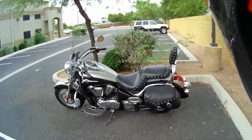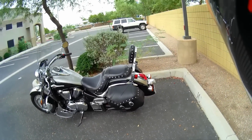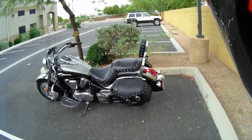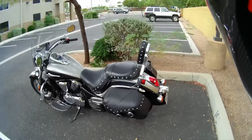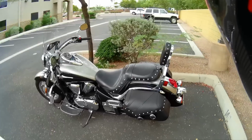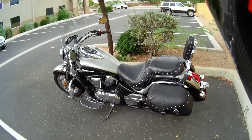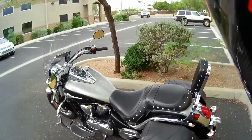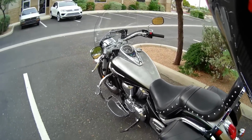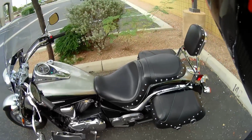Well, I've had some people ask me about my bike. My bike is a 2016 Vulcan 900 Classic LT. It's completely stock. I haven't done anything as far as pipes or intake or anything. The handlebars are stock. They're not beach bars. The only things I have added to the bike is the